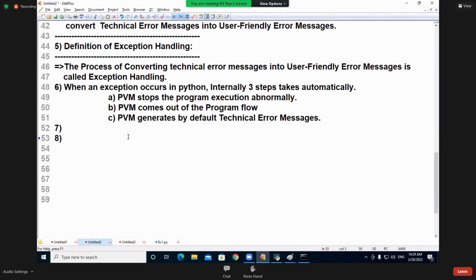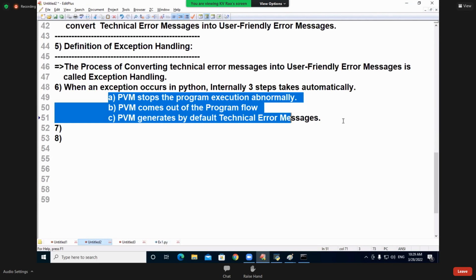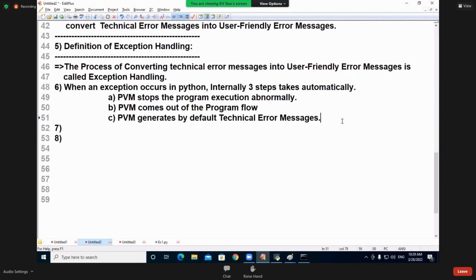Now, I'll go to the next point. To do these ABC steps, who is doing these ABC steps? PVM. In Python, everything is doing in the form of what? Objects. Am I correct? Everything is doing in the form of objects, classes, object. From day 1 onwards, we are dealing with this. Every operation, everything is doing with the help of objects. To do ABC steps,